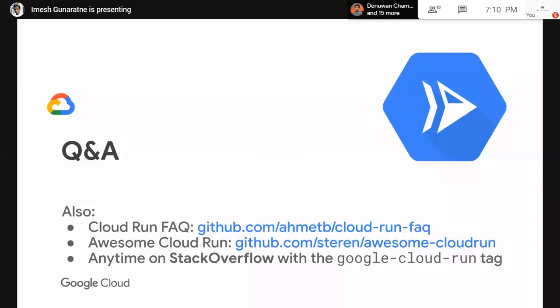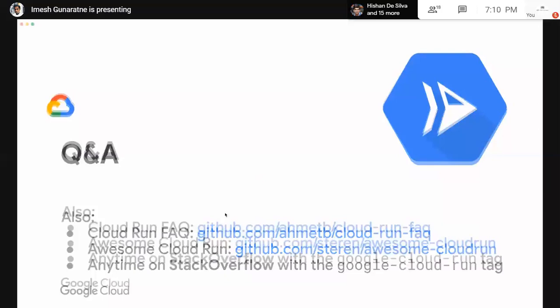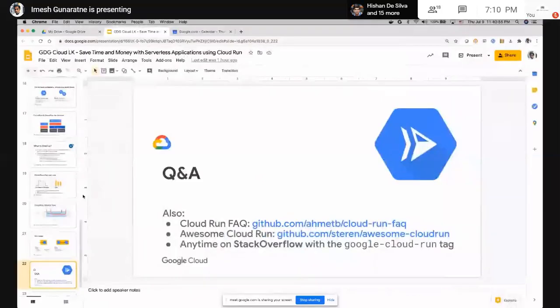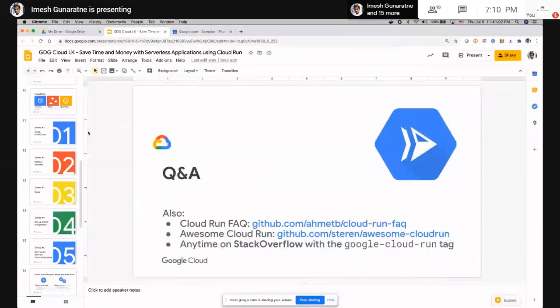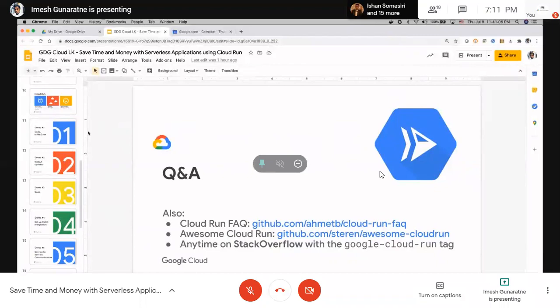Perhaps I'll ask another question. So, yes, we can. In the first example, you showed an application which is run using Node.js, and then you connect it to a Docker image. So with respect to the first example, can we use other languages as well? Yeah, you can. That's because